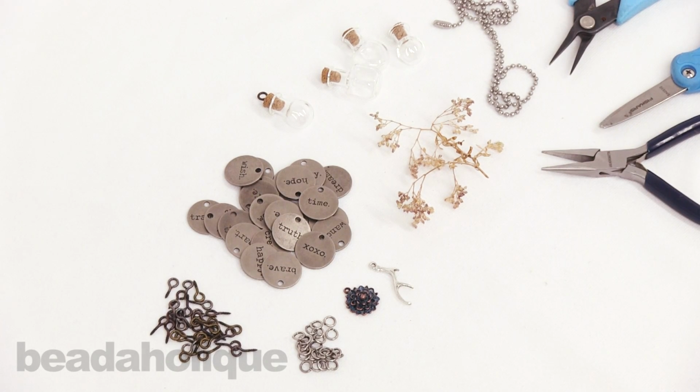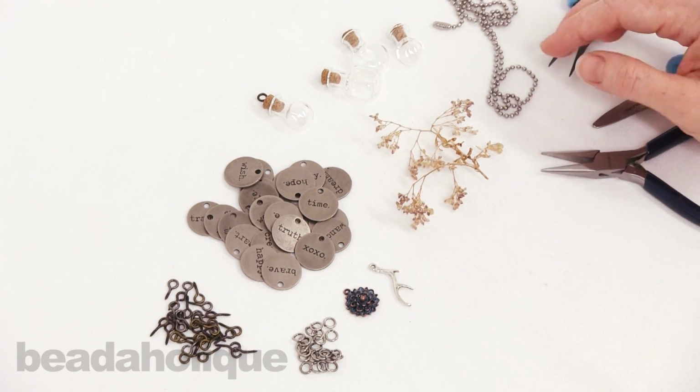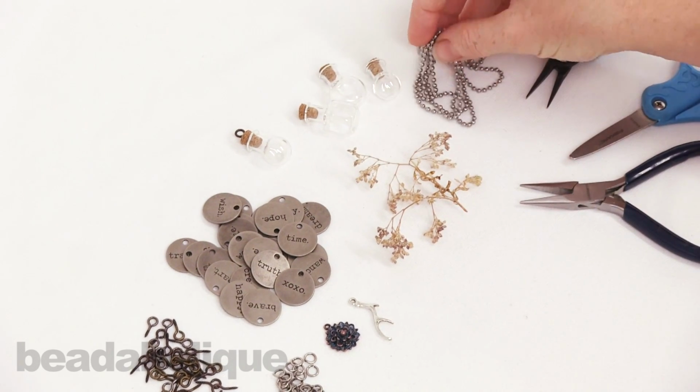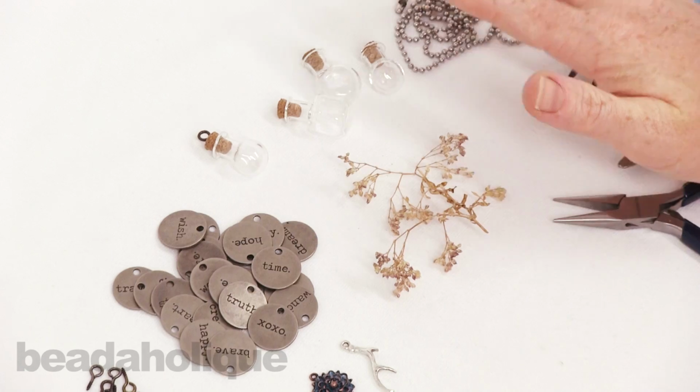This is Julie with Beadaholique, and in this video I'm going to make a little, what I'm calling, found object necklace. So this is kind of a little bit of this, a little bit of that, and I'm going to put all of them on a ball chain. So a lot of freedom with this type of design, but what I have in front of me are little